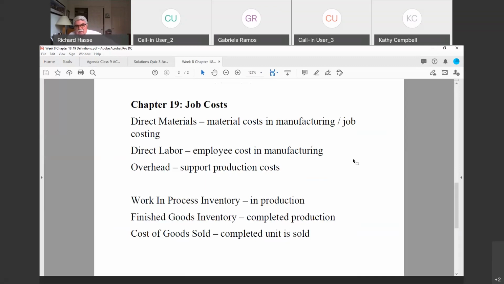In the beginning of the class, we talked mainly about service companies, providing a service, consulting, travel, whatever. Then in the middle part of the course, we talked about the retail industry, selling products at retail. And now in the latter half of our class, we're talking about actually producing a product to sell to somebody else, manufacturing. And those are the three main types of businesses in the world.